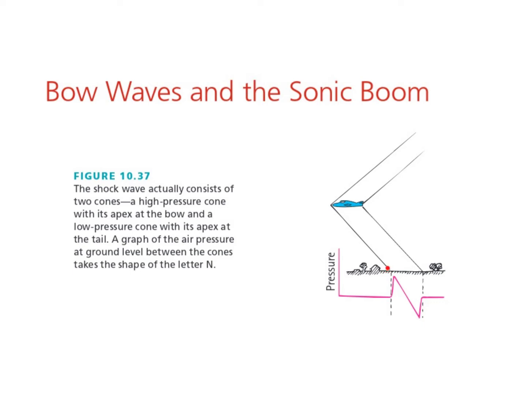And so you would feel the shock of those sound waves hitting you, and then the pressure gets very low towards the tail end of the plane. And so you can see the shape of the pressure versus time. It's first a very high positive pressure, and then the pressure gets very low and actually is negative here. You can see this is called an N wave because of its shape, and that's the characteristic pressure profile of